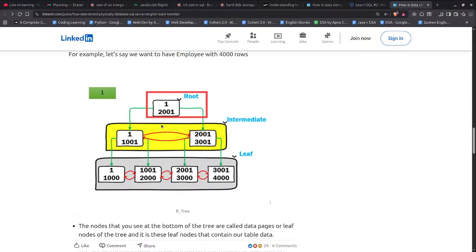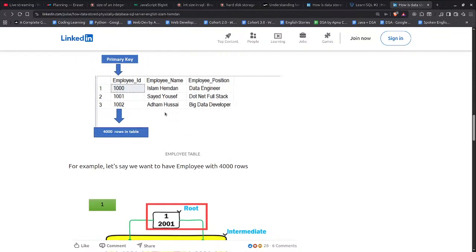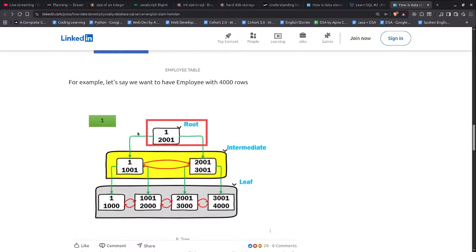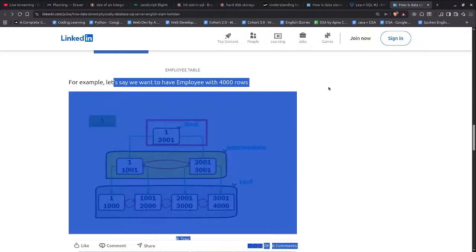So the first one is going to have the employee ID and all this. Let's say we want to have employee with 4000 rows. So root 1 2000 to 1, then 1 1000 to 1,